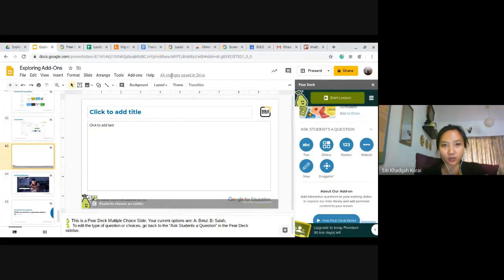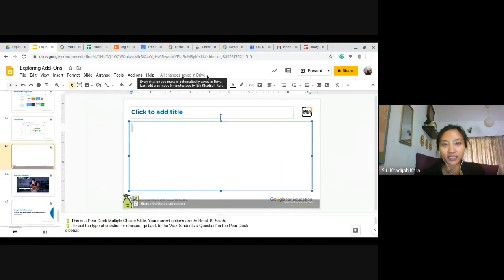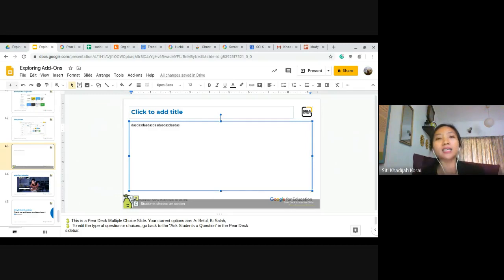Let's say you notice right here, all changes saved in Drive. So whenever I click something, it will say saving, and when I stop, all changes saved in Drive. So whatever changes are made, Google will automatically save it for you. So you don't have to upload, download, upload, download. No, you don't have to do that. It will be saved automatically. Let's say in the middle of your work, even though there's suddenly no internet connection,